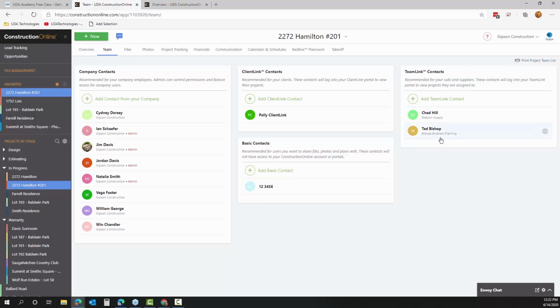Although you could make an argument that an architect would fit right inside of the TeamLink contact section. There's actually some clients that we work with who assign their architect and design teams to the TeamLink section, specifically so they can have access to a few extra tools like the daily logs. But really, adding a TeamLink contact is really straightforward, and it's going to handle a lot of the invitation and